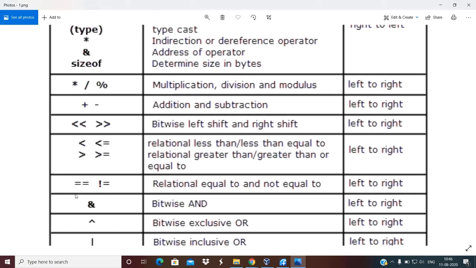So whatever you see over here, they are all relational operators, right? So out of these relational operators, less than or equal to, greater than and greater than or equal to have higher priorities compared to double equal to, which is used to check for equality, and not equal to, which is used to check for inequality.